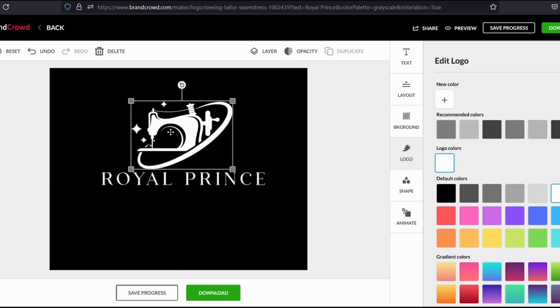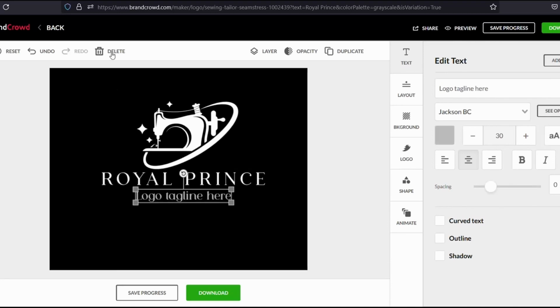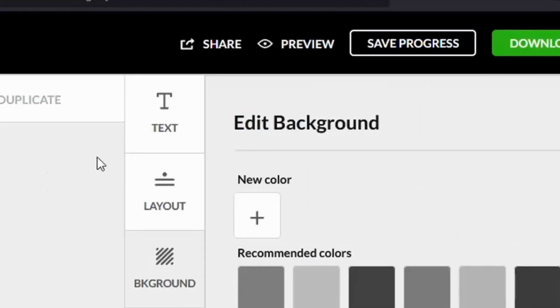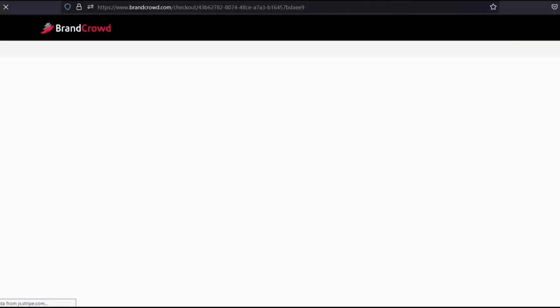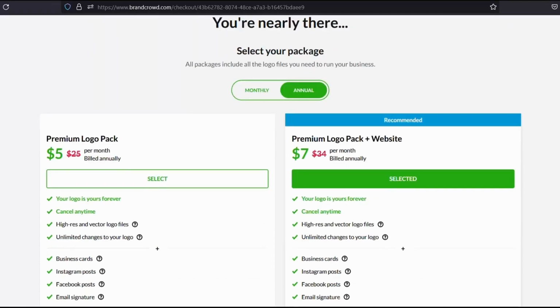If you want to add more words to your logo, find the Add Text button. When you're finished, click the Download button. Here you will reach a step where they ask for payment. No need to worry, just go back